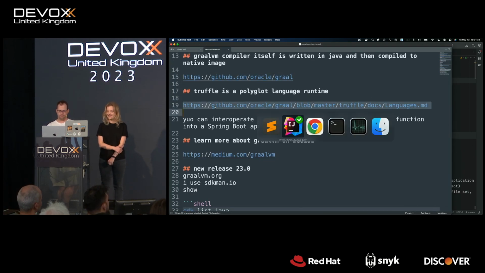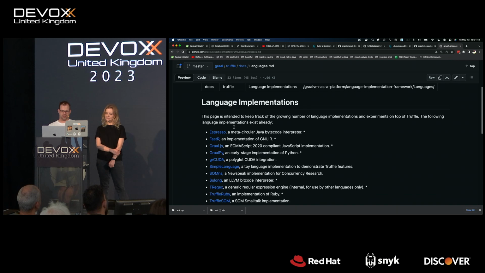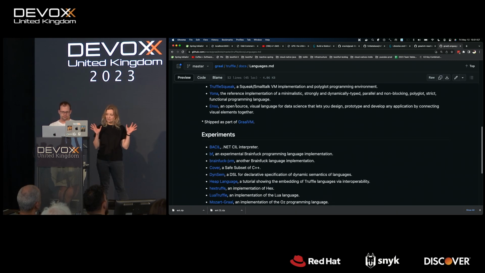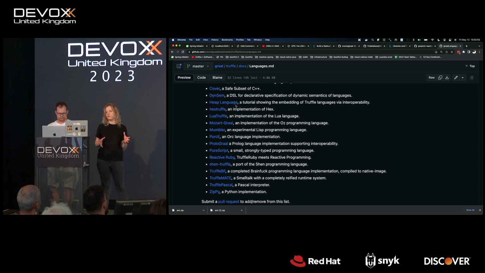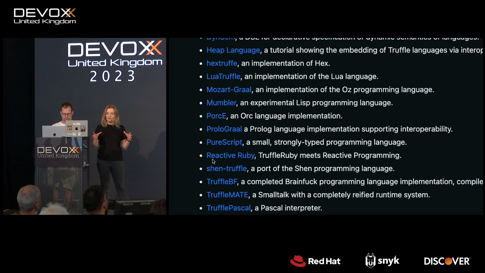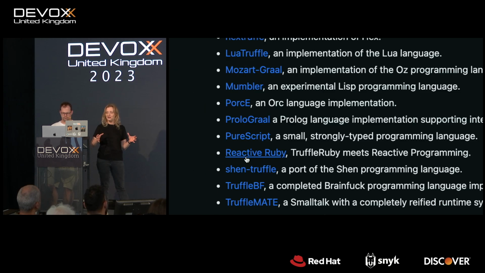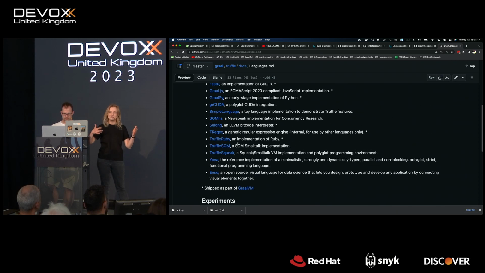Did you know that GraalVM is a polyglot runtime as well? It's an OpenJDK distribution that has some extra features beyond the native image compiler. In fact, beyond just the regular just-in-time compiler. One of the things that it's got is this polyglot language runtime, right? That's awesome. And here at this page, you can see the languages that are implemented by our team, so official, but also on the experiments, you see the languages that are implemented by the community, because it's fairly easy to implement a language on GraalVM because we have this Truffle implementation framework, right? So you can go ahead and write an interpreter for your language in Java, and then GraalVM at runtime will take it and provide a high-performance implementation for it.